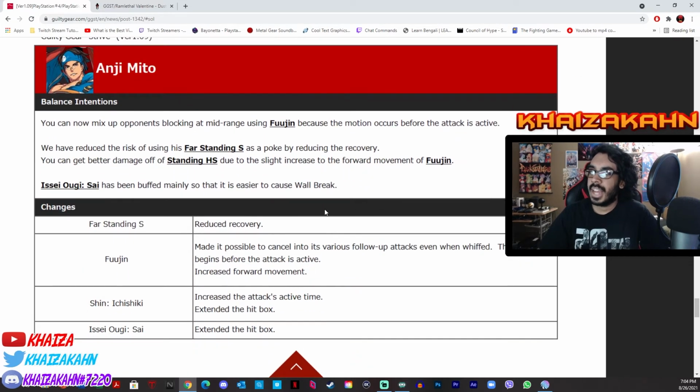Alright. Angie Mito. You can now mix up opponents blocking at mid-range using Fujin, because the motion occurs before the attack is active. Oh, really? So what that means is that increased... Ooh, Fujin got a little bit better. And what else do they do for Fujin? Made it possible to cancel into various follow-up attacks even when...